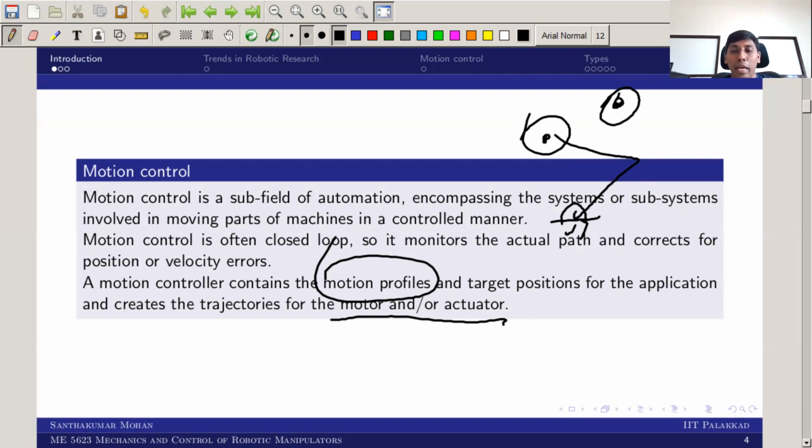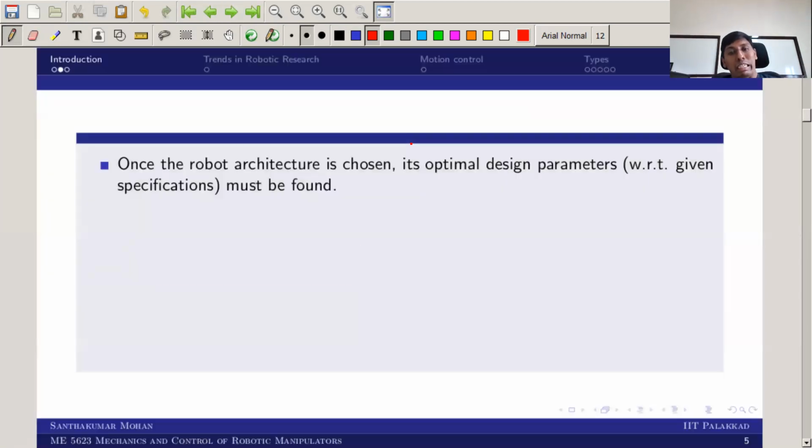In that sense, you may create several sub-trajectories. It can follow a path like this, or it can go and reach here, or reach there, like that, several aspects. So you have to see what is to be done. We are trying to look at a small aspect here, and what that means is that we are trying to see what really a robot